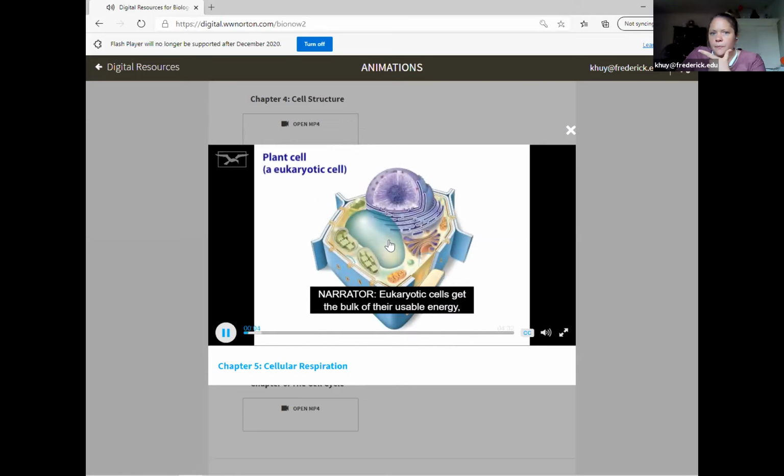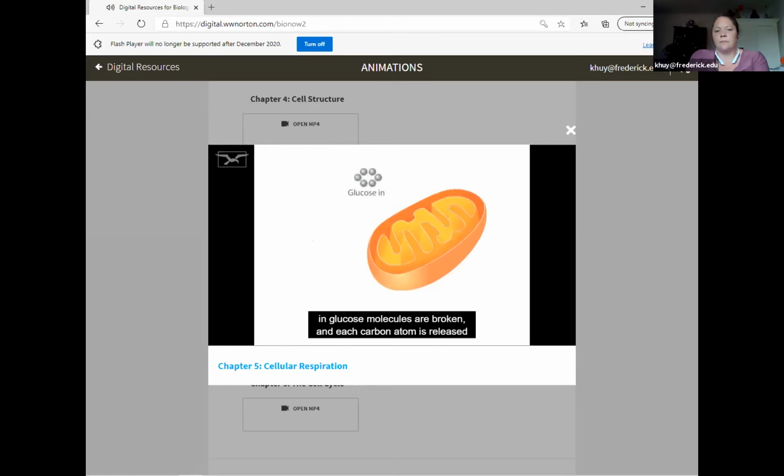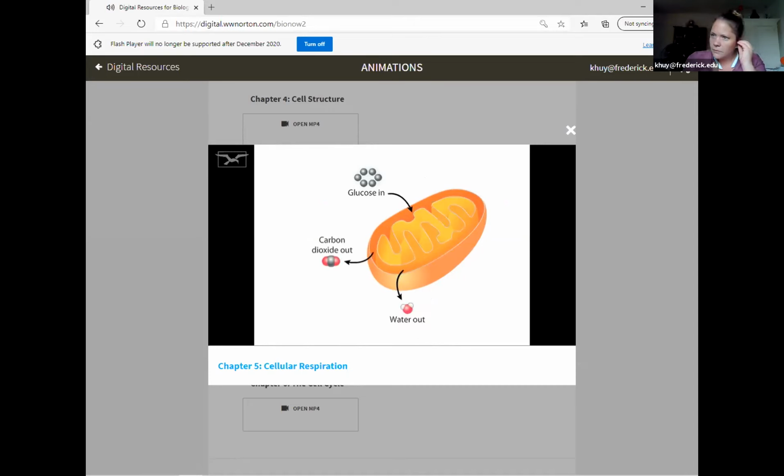Eukaryotic cells get the bulk of their usable energy in the form of ATP by the multi-step process of cellular respiration, which takes place partly in the cytoplasm and partly in mitochondria. During cellular respiration, the carbon-carbon bonds in glucose molecules are broken, and each carbon atom is released into the environment in a molecule of carbon dioxide. Water is a byproduct. Cellular respiration is aerobic, meaning that it requires oxygen. By the end of cellular respiration, glucose is completely broken down and the cell has gained a large amount of